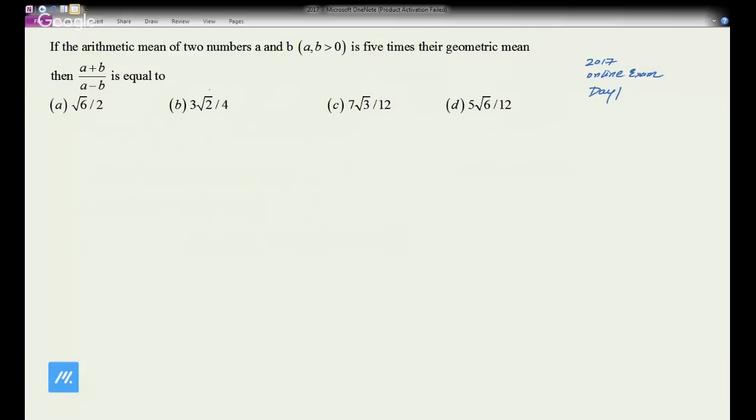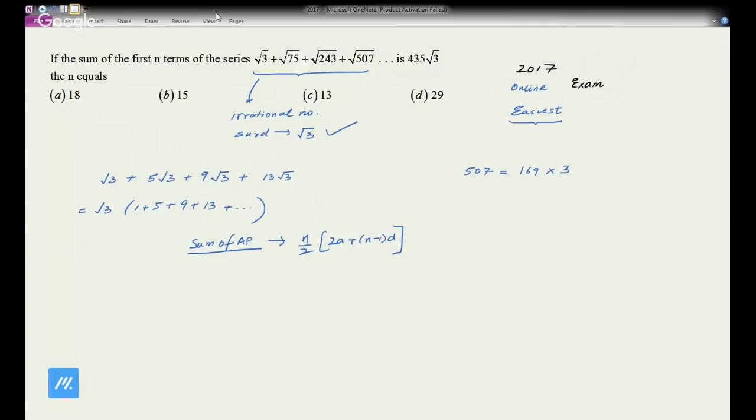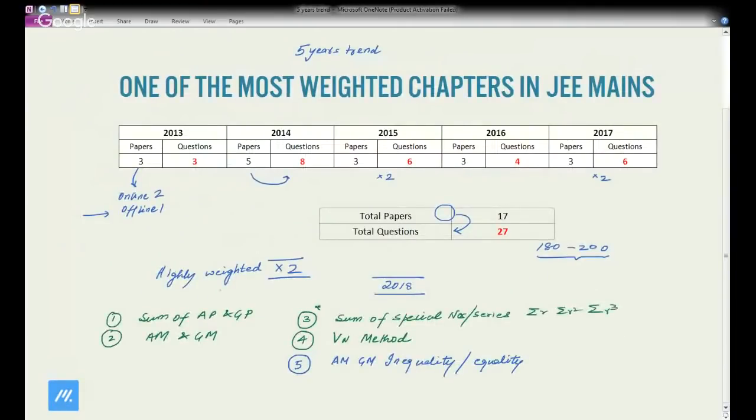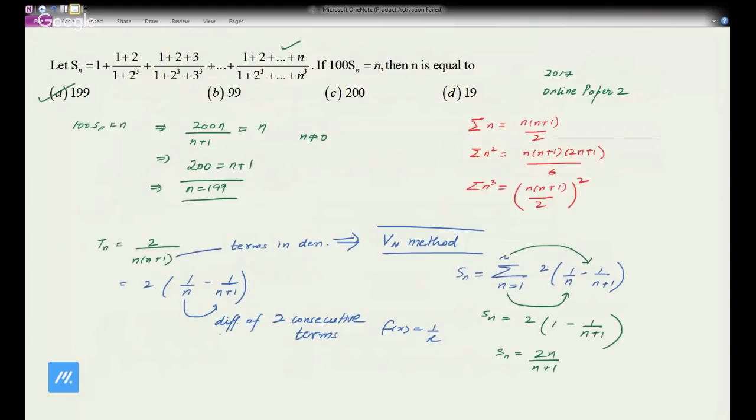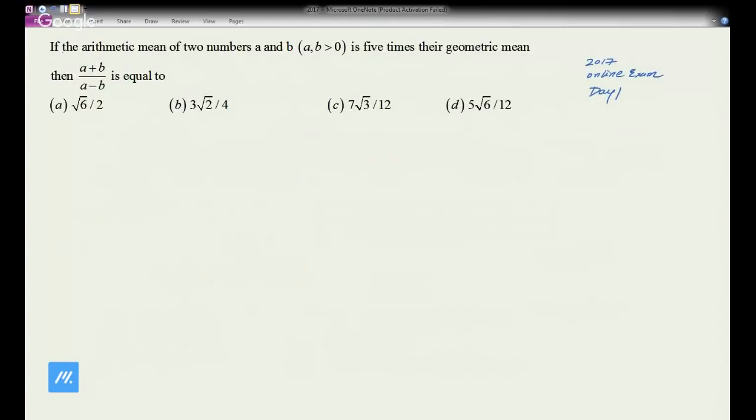and again, notice that this particular pattern is very common. So I have to go back and add again a 6th rule, proportion. In fact, I'll teach you today that the same question was repeated in 2013. Ratio and proportion is used heavily in these. So, for example, if the arithmetic mean of two numbers a and b, a plus b by 2, is equal to 5 times their geometric mean,